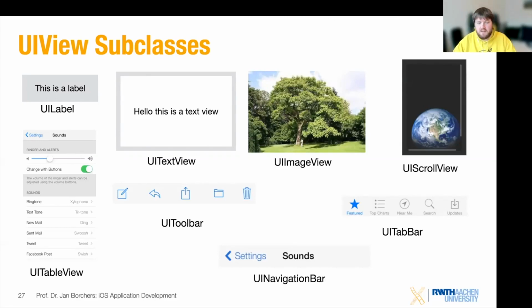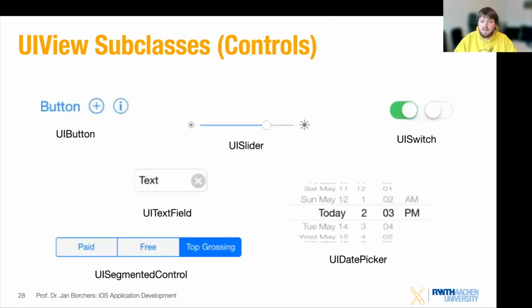But so far, these things are mostly about displaying data and showing different elements, but also the various controls that you have are also subclasses of UIView. So you have the button that can take a lot of different forms, either a text button or just a symbol that you interact with. Or UISlider, which allows you to specify a value on a range of values. And all these subclasses then have specific information that you can access.